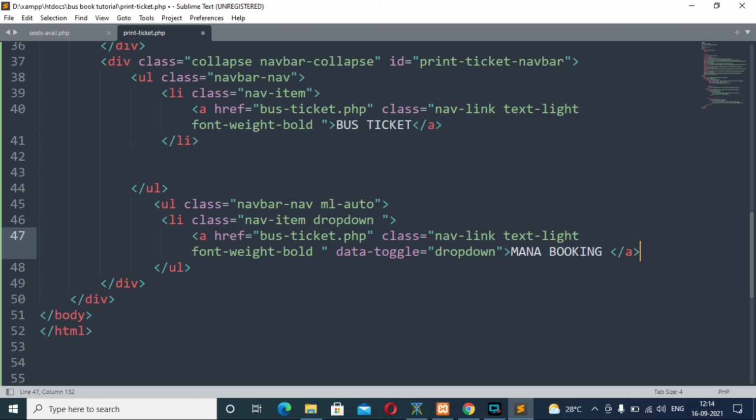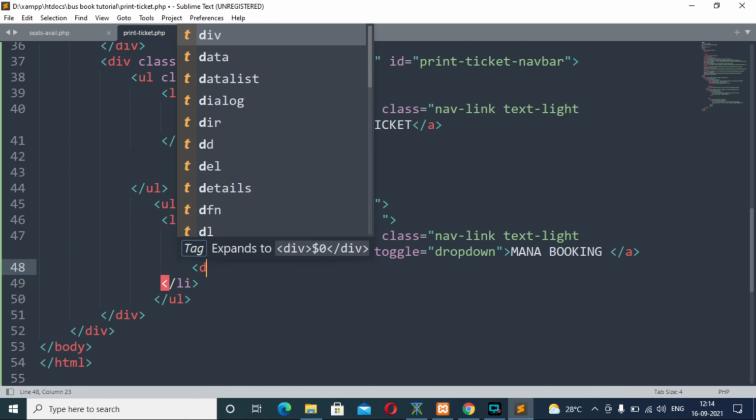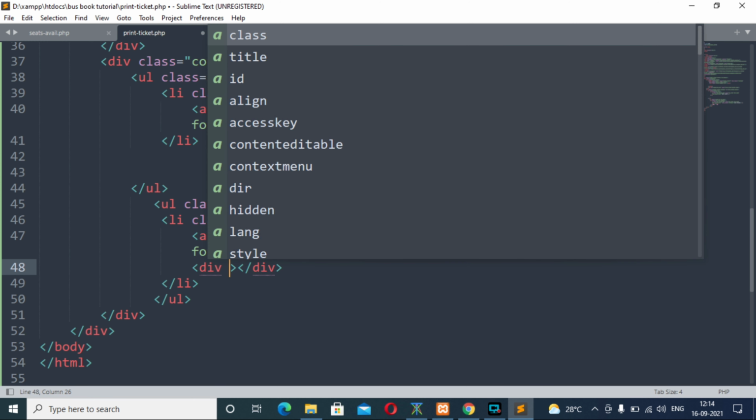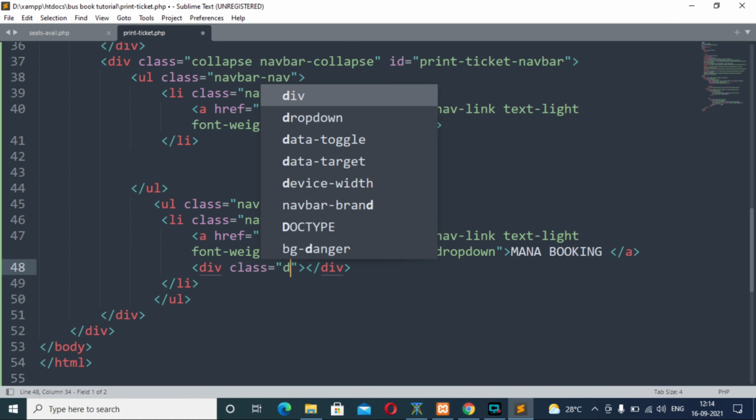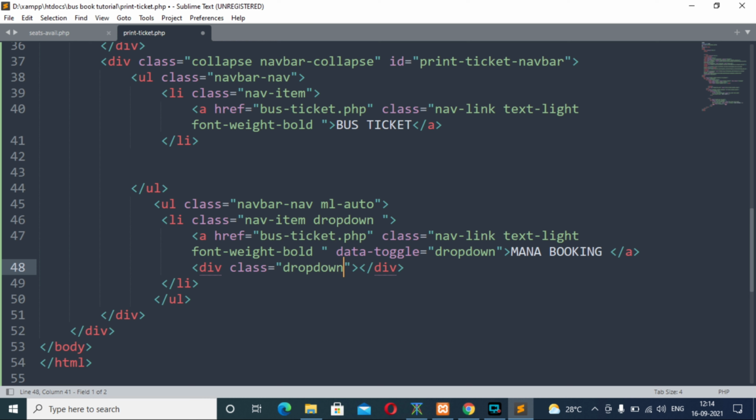And now after this anchor tag, inside the li tag, actually I didn't close my li tag. We will have a div tag with the class attribute having the value dropdown-menu.